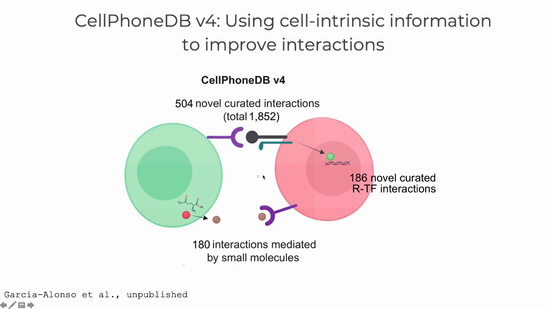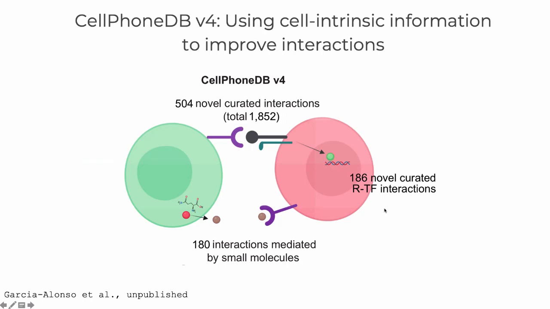But we have also curated several receptors, ligands, and transcription factors that are part of the same pathway. And this gives us a subset of interactions that are more likely to be happening, because we use this transcription factor that could be predicted by transcriptome, but also by a tag as a sensor